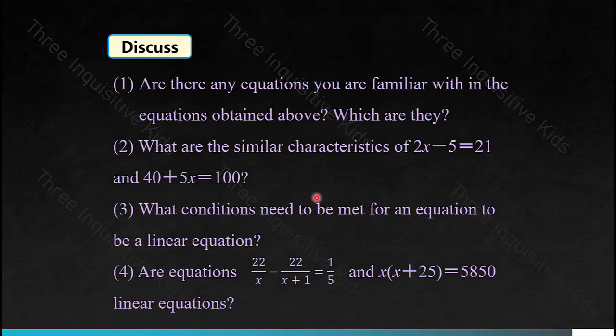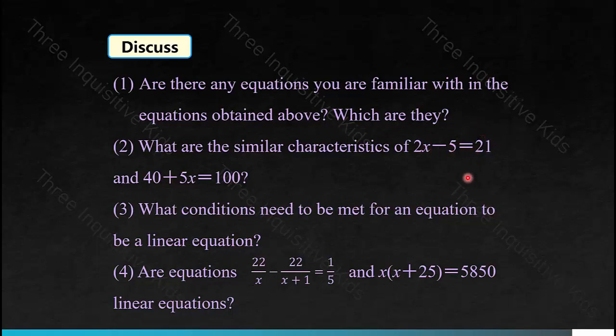Discuss. Are there any equations you're familiar with in the equations obtained above? Which are they? Think about the answers to these questions in your head as I read them. Number 2. What are the similar characteristics of 2x minus y is equal to 21 and 40 plus 5x is equal to 100? As you can see, both have x, so they both have one variable, and